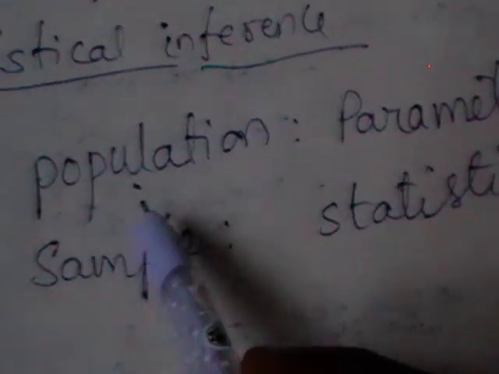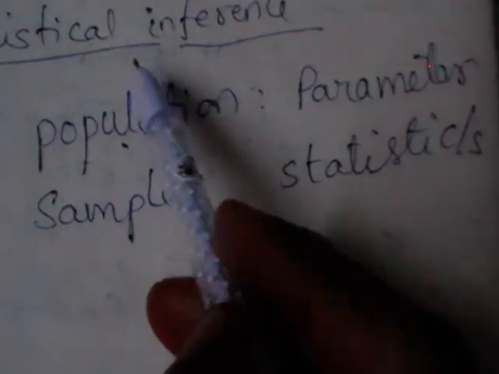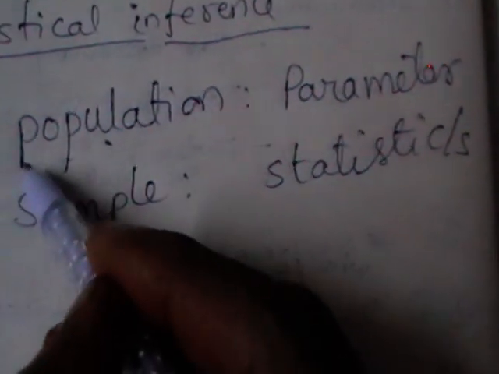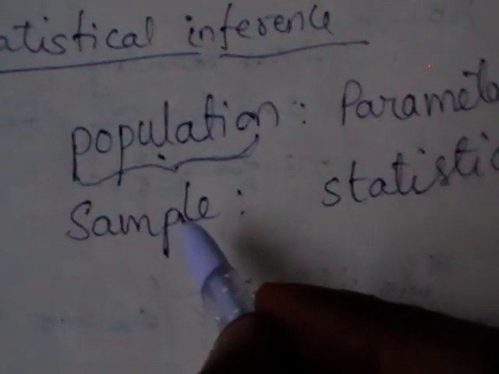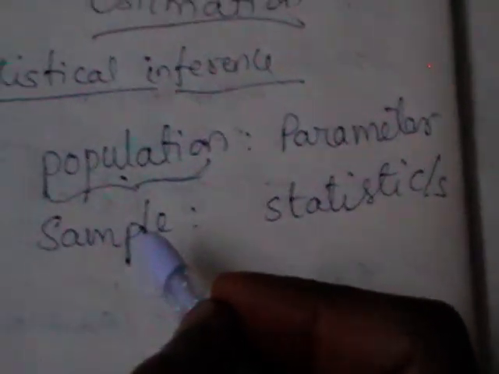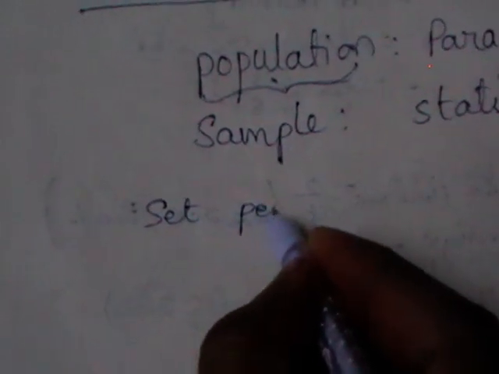Generally, population means we call a group of people in a city or a country, we term that as population. But under statistics or statistical inference, population is nothing but a collection of individuals. Maybe they may be animates or inanimates. So like your classroom strength is a population. Similarly, if I consider a set of pencils, it is also a population. A set of chairs, this is also population. Means not only animates but also inanimates. A collection of animates or inanimates is called population.